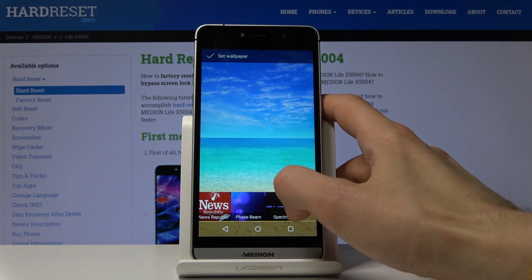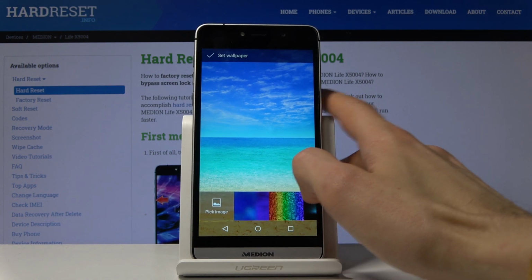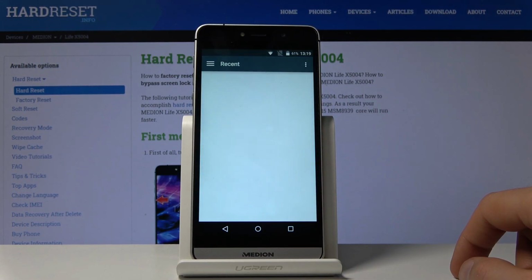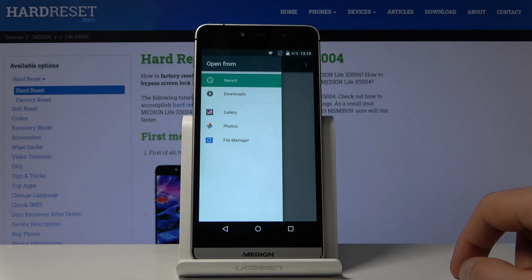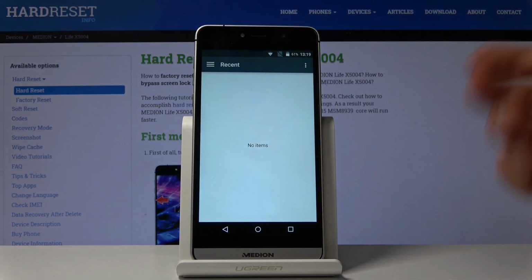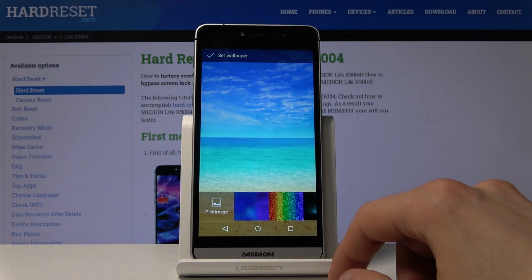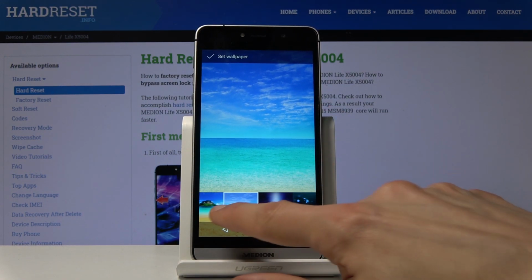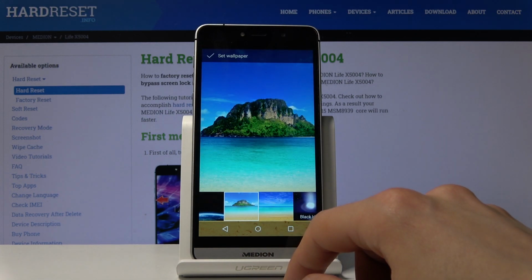Scroll through them. You can also pick image, and that will take you to your gallery, which will be completely empty for me, as you see right now. But if you have some kind of photos that you have taken, you will see them right there. So once you select the photo that you wish to use, for instance,